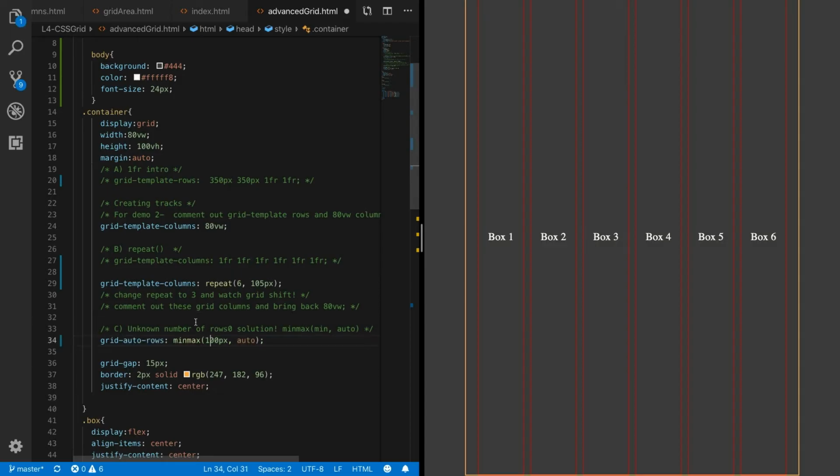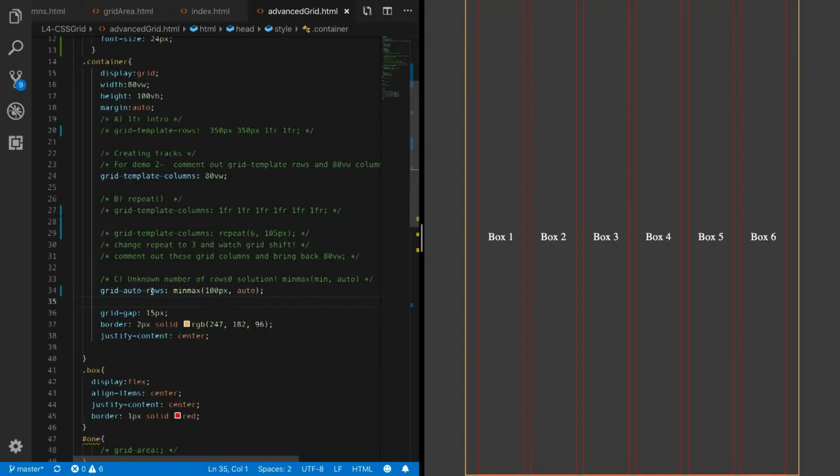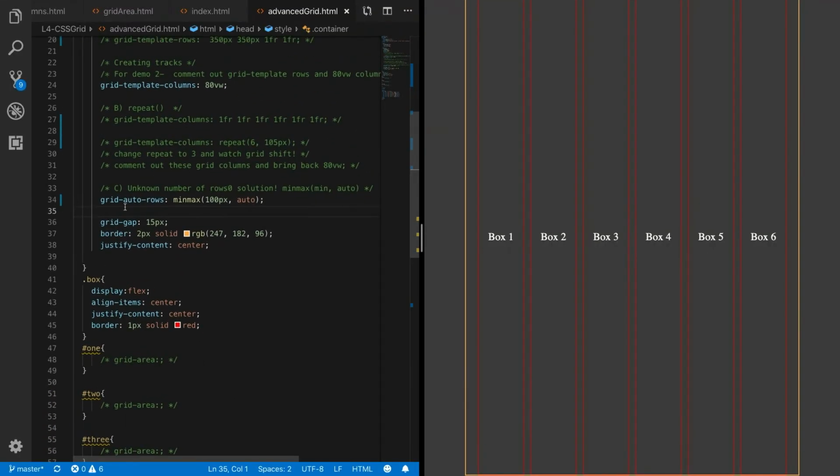Now, let's talk about rows. If you think about it, when you're doing web development, there's often times where you're going to want an infinite number of rows, or as many rows as there is content. Think about the way a Facebook feed works. You just continue to go down and down and down. So it's not like you're setting the number of rows initially. The number of rows need to develop from the amount of content you have. Luckily for us, CSS Grid makes this fairly easy with the grid auto rows syntax.